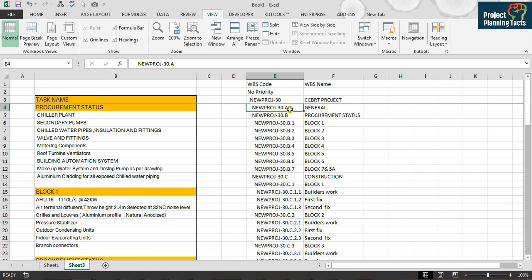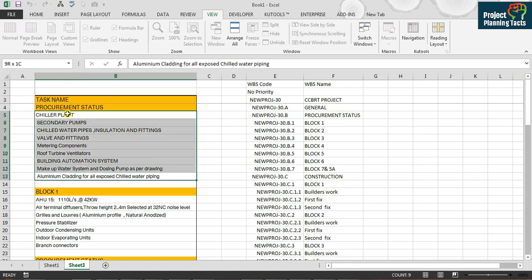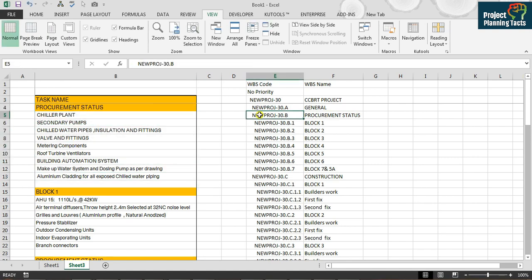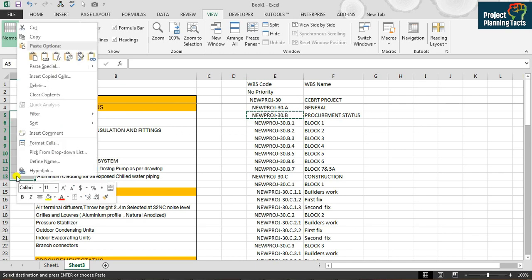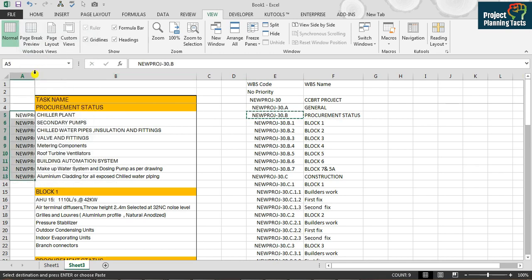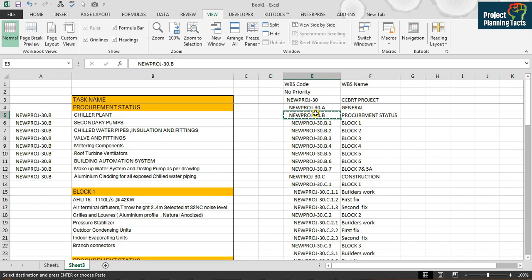So what I need to do here is assign these codes to the relevant activity under the WBS. Let's say we have got here procurement status, and here I have already arranged my WBS with the activities. So these all are activities from here to there under procurement status. I need to copy this WBS code which is against procurement status, and assign it against the activities, and then I have to do this process for the rest of the procurement sub